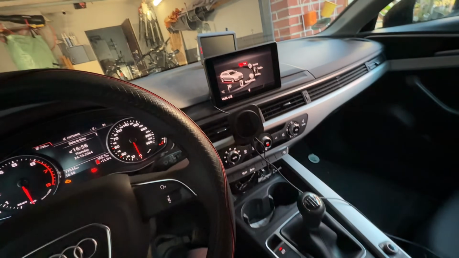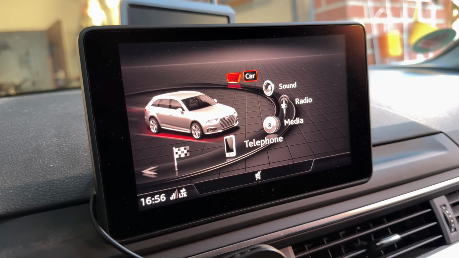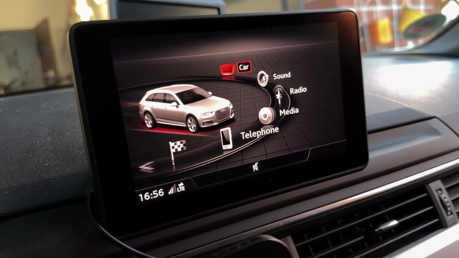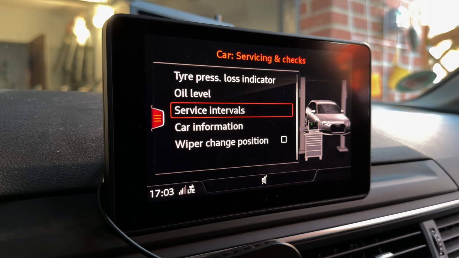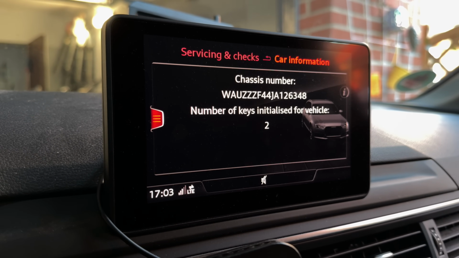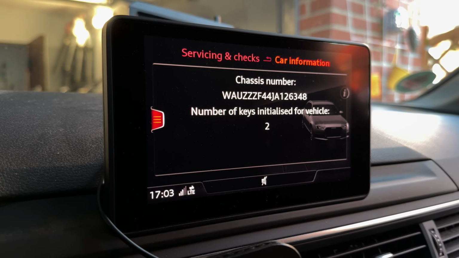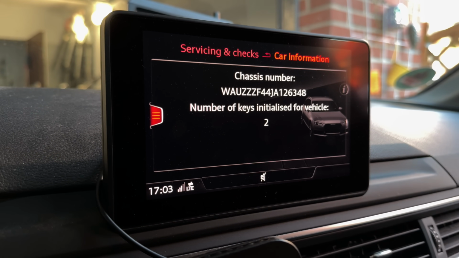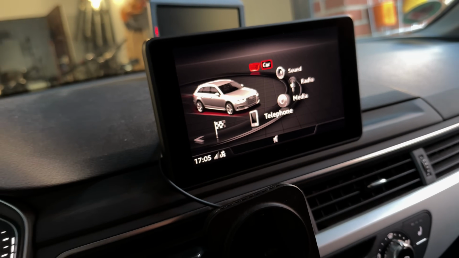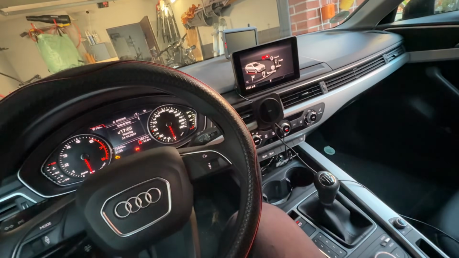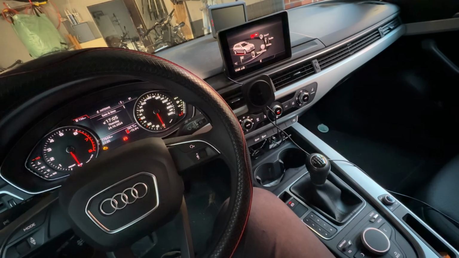on the main screen. So now let's perform a clear setup of our car, interior and additional parts of our car. So we navigate now to car settings. Then of course we have the car information here. This is your chassis number, vehicle identification number, and you can see how many keys are initialized for this vehicle. But this is an overview of your car menu and what you can handle there to make a better and comfortable way on the road with your car.